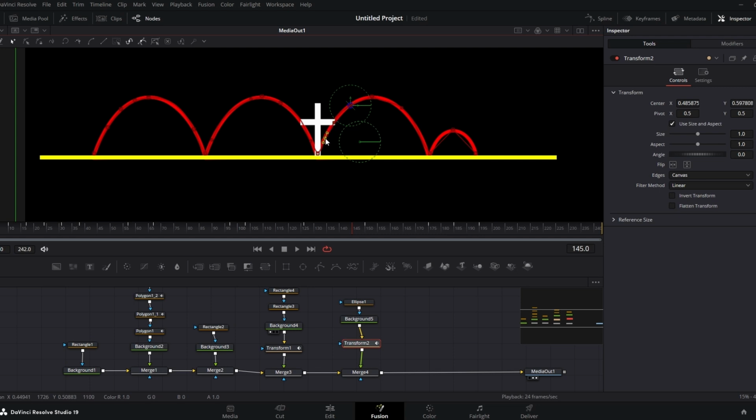Just dragging it as I go until I'm happy with all of those things. There we go, and then of course the same thing here, just dragging it. There we go. And so if I press play,